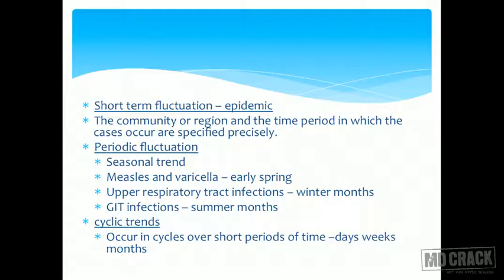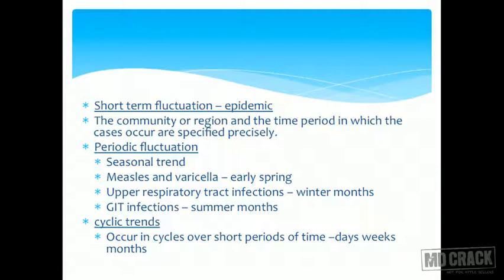Now, some of these diseases we very well know why this variation is there. For GIT infections, why are they more in summers? Have you heard about the life cycle of flies? House flies have a rapid reproductive cycle in warmer climates. So in summers they have a faster reproductive cycle, so you have progressive generations of flies coming into play very rapidly, and therefore increased transmission of GIT infections. For upper respiratory tract infections, it is obvious that they are mostly because of viruses, and viruses love cold. So viruses are basically preserved in cold, and therefore you have increased transmission in winters. So this is periodic fluctuations.